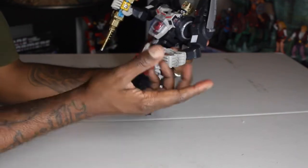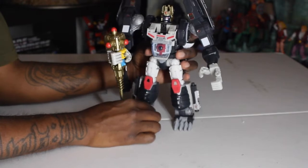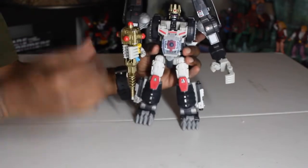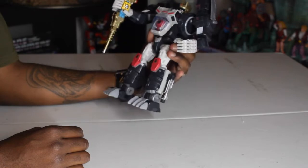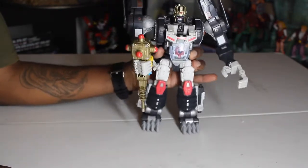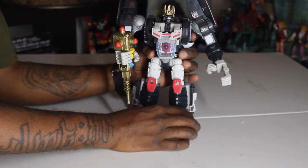Yeah, so basically, I like the figure a lot. The one that I actually bought at Comic-Con is going to stay in the packaging. Again, I'm a G1 guy, so I don't really have any plans on displaying Optimus at any point. But you'll have the option of doing that. This will go back on its throne inside of the box